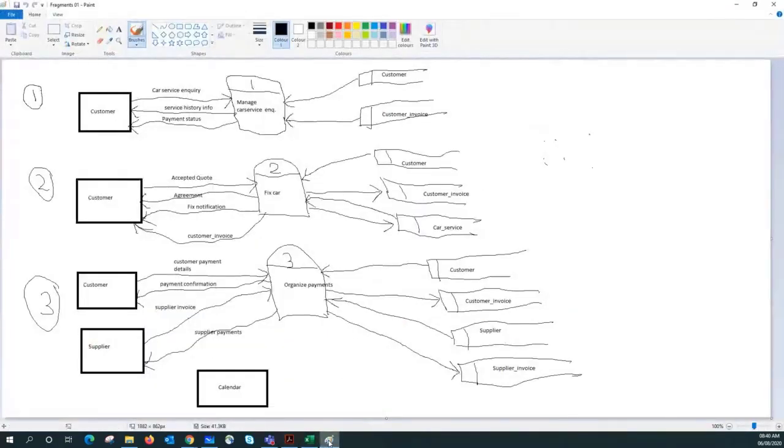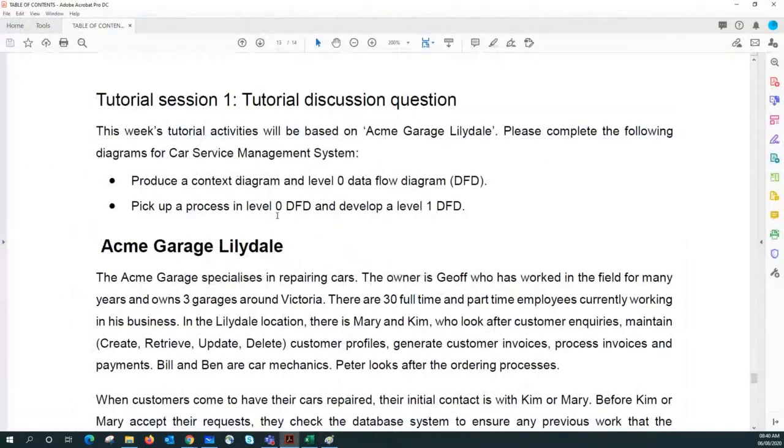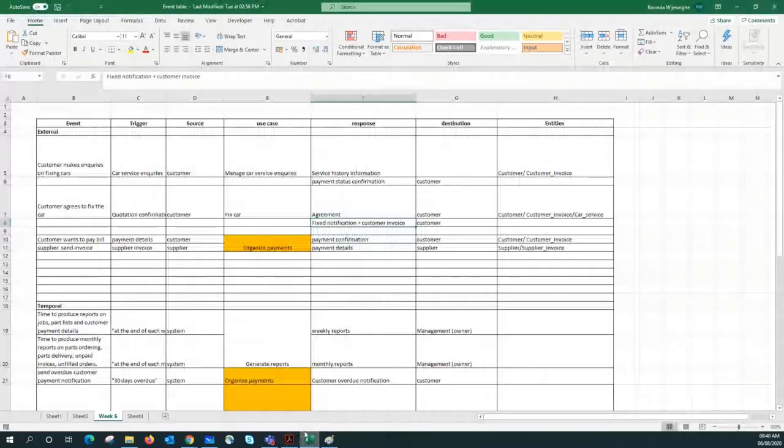Before we proceed into developing level 0 and the context diagram, my first starting point is this event table. I have made a couple of changes, because sometimes the event table needs to be changed a little bit to reflect the data flow context. Here we are talking about external agents, so I need to identify all the external agents. These are the sources and the destinations, and these are the external agents, and correctly identify the events